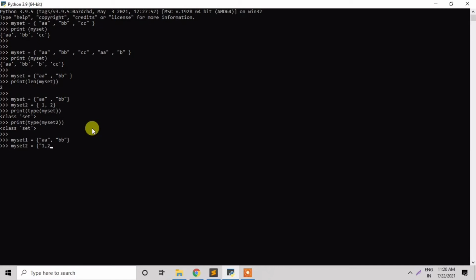Suppose I have put inverted commas around the numbers, so this is wrong. So we will write the correct syntax, that is we will not use double quotes around the numbers.